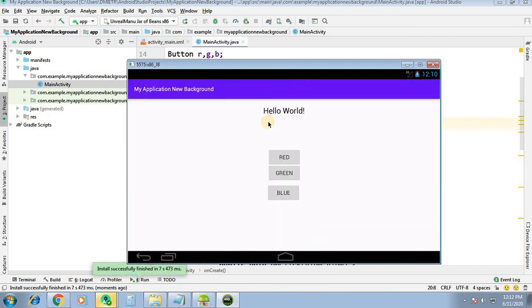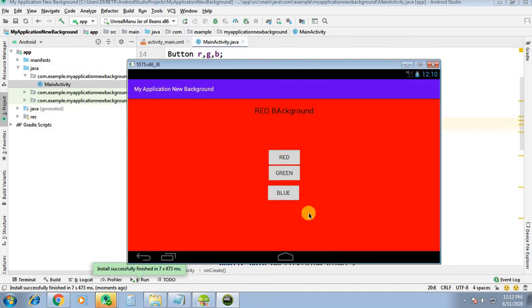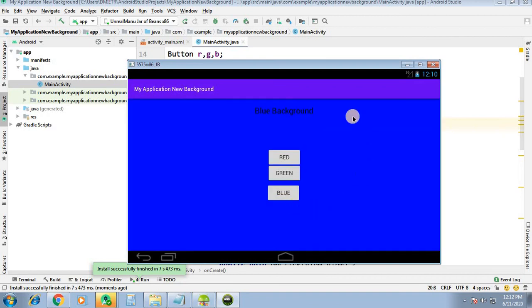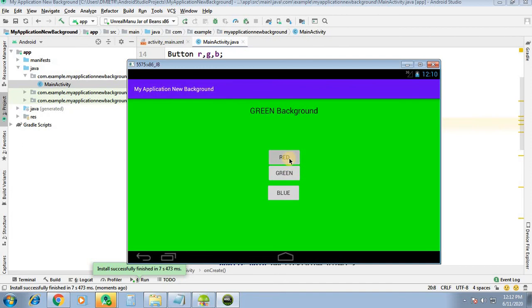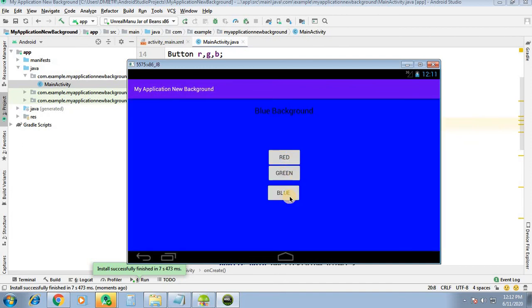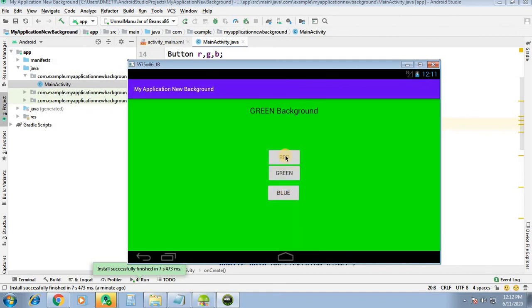Okay, so here is basically hello world. When we click on red, the background will be set to red and the message is red background. When we click on green, the color of the background will be green and the message will be green background. When we click on blue, the background will be blue and the text will be blue background. Likewise red, green, blue, green, blue, red, the corresponding text is also going to be changed.